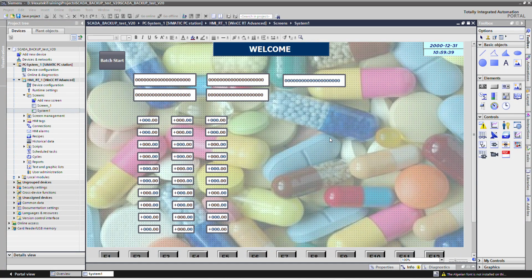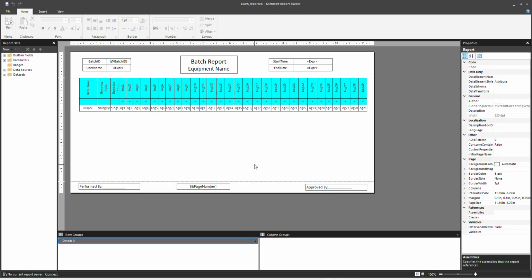Hello and welcome. In the last video, we saw how to create a SQL table, how to write a VB script to log the sensor value into the SQL table, how to create a report page, how to design a report page, and how to connect that report page to the SQL server. Now, in this video, we will see how to connect this report page, which is connected to the SQL server, into the SCADA